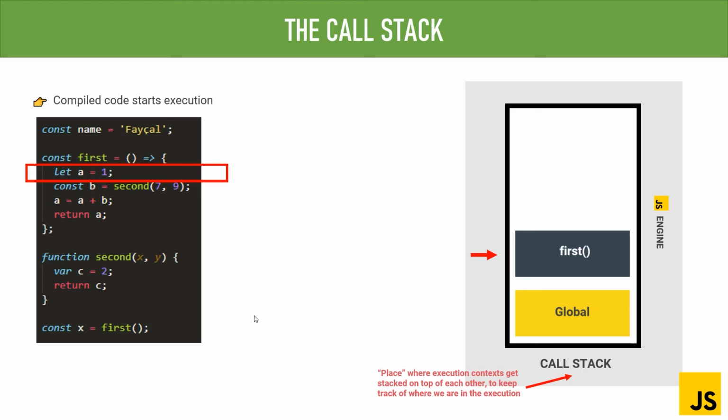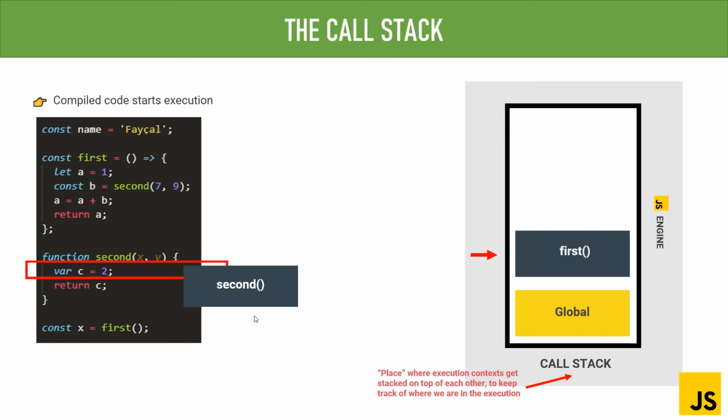We have another variable declaration here, and this variable will of course be defined in the variable environment of the current execution context and not in the global context, right? Then, right in the next line, we have another function call. So let's call that function